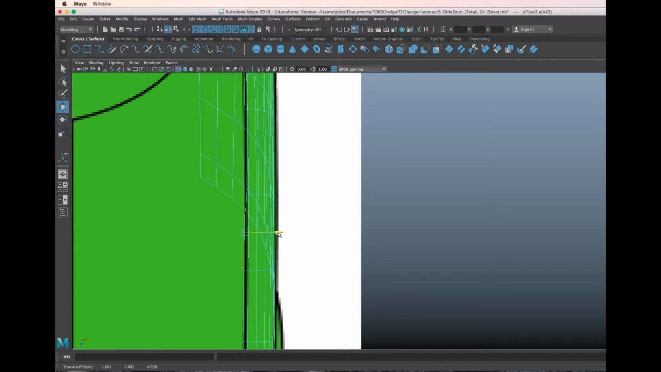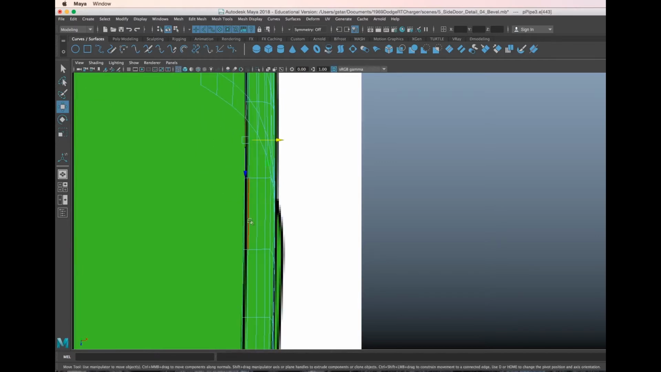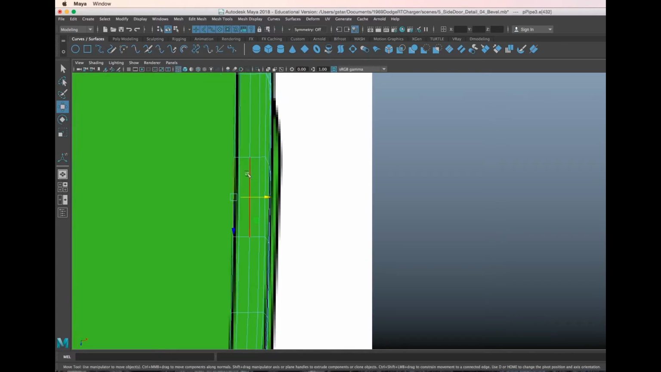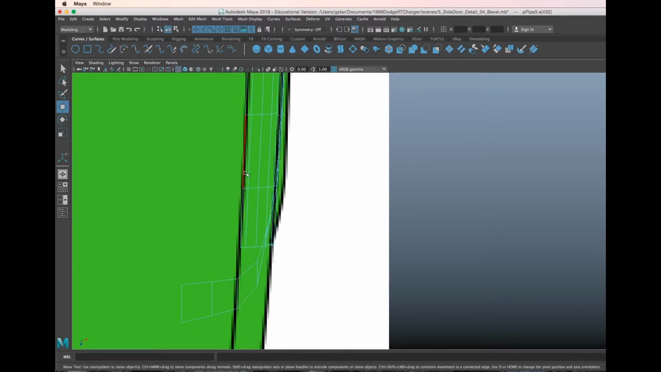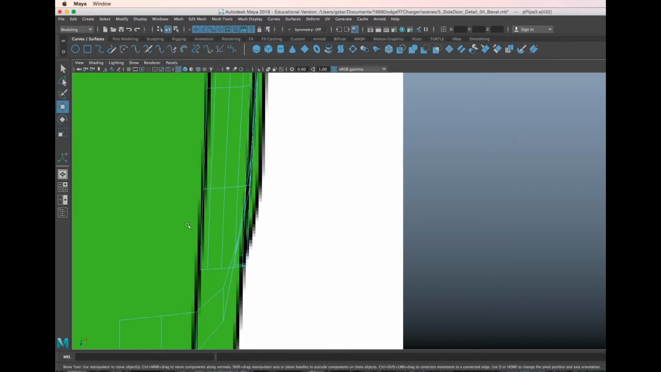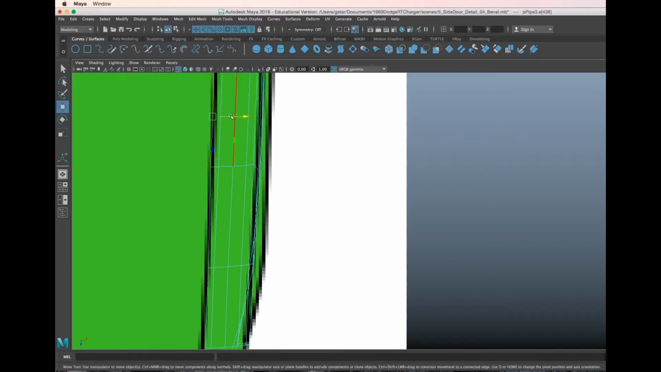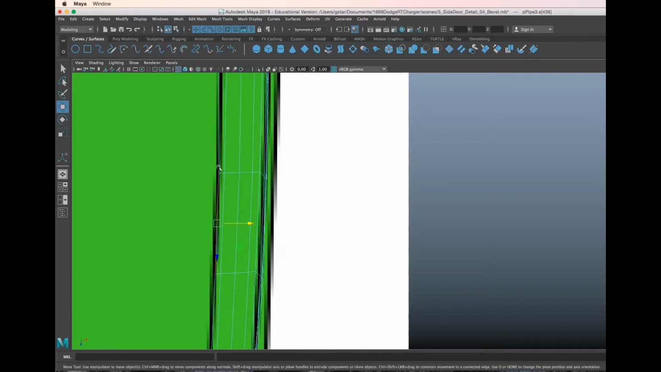Take that vertex, slide it on over, and that looks good. Actually, I'm going to move it over to the outside of this black line, and since I'm using edges, it allows me to kind of skip a vertex, so